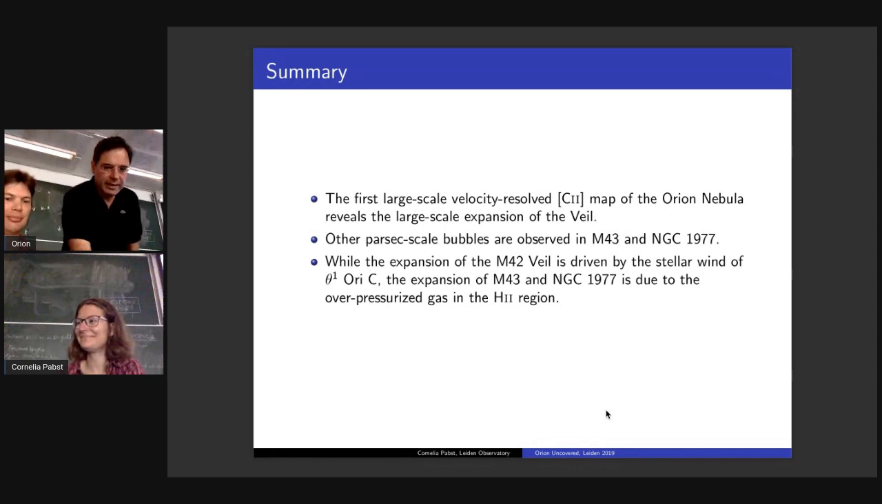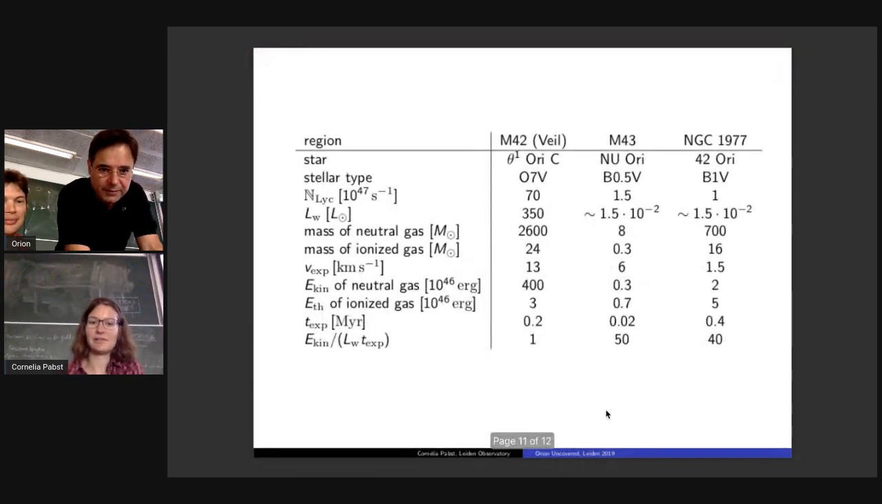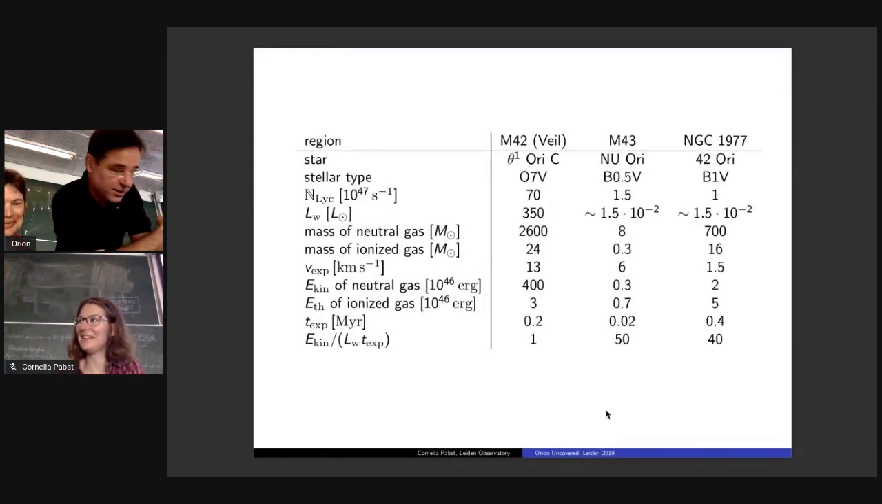So the mass, the 2,600 solar masses is really awkward because it sounds a bit too large. I thought that was the mass of the entire integral shaped filament. What do you mean by